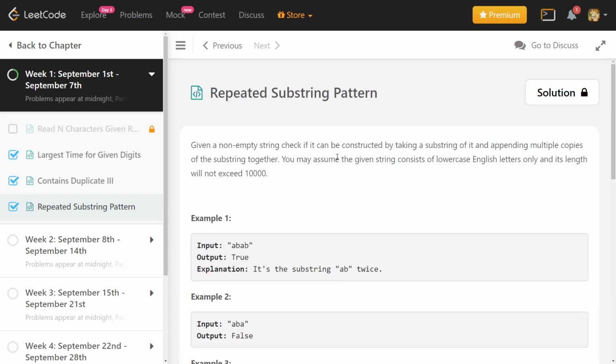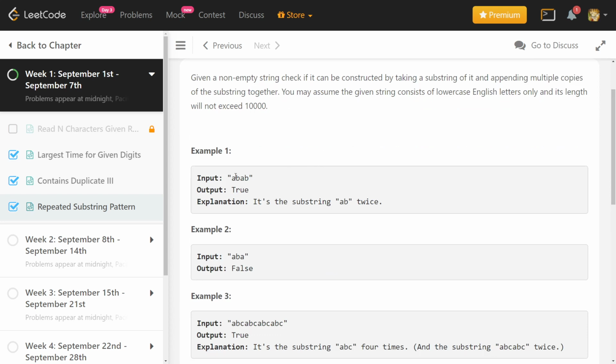So let's look at examples. What does it mean? Suppose the example string is ABAB. It is true because this is the substring which can be repeated to form the full string. If you look at ABA, what are the possible substrings? The whole string will not be considered a substring.